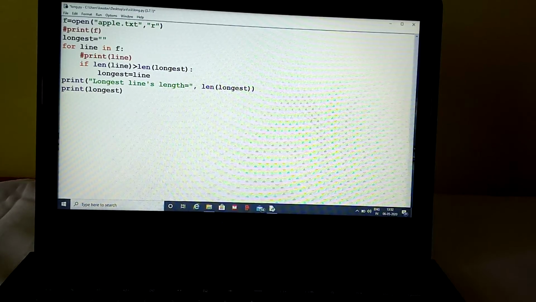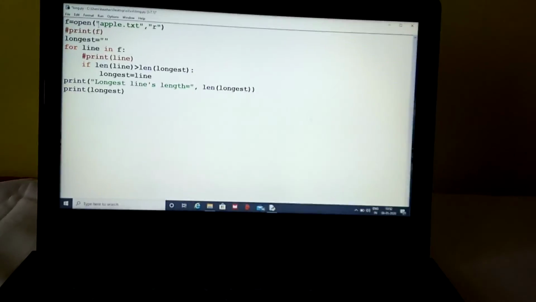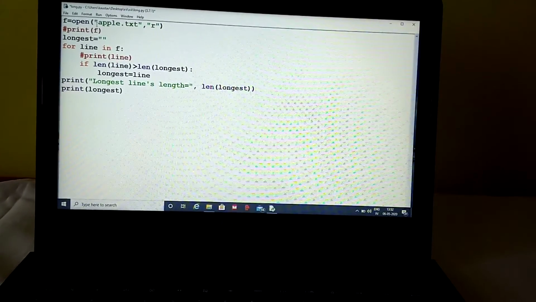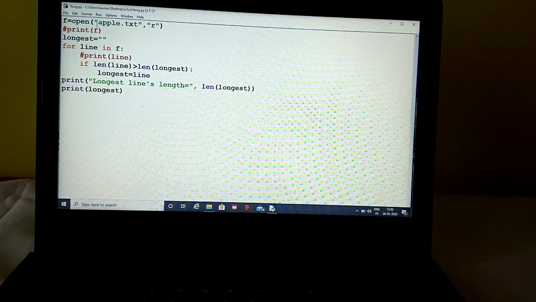Now I have written f is equal to open. You may have a lot of questions: what is f? f is a file object or file handle.